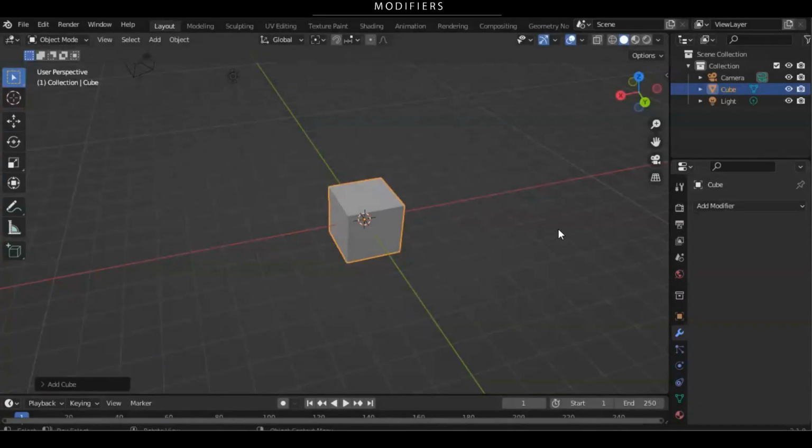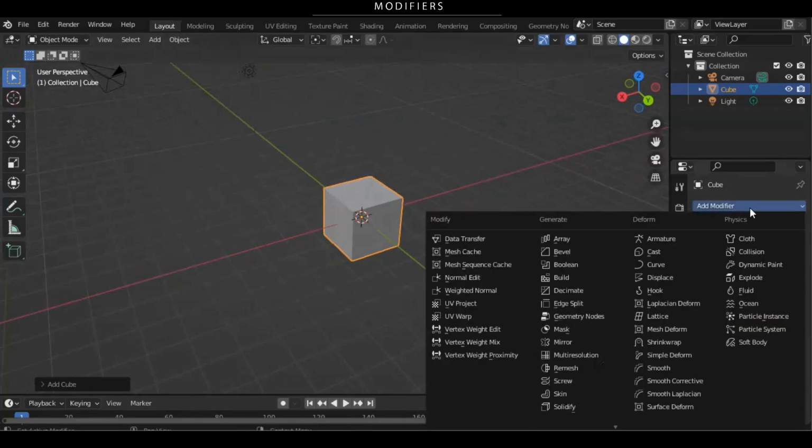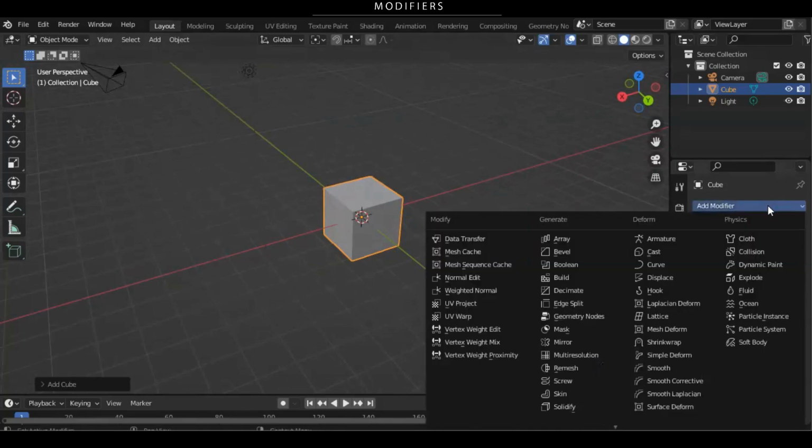All right, let's talk about modifiers. You can access this menu over here if you click on this little wrench option, and you see this Add Modifier menu, which gives you a massive drop-down of all these different modifiers. Modifiers are basically non-destructive changes to meshes. This is one of the strengths of Blender, I think: if you add a modifier to an object,